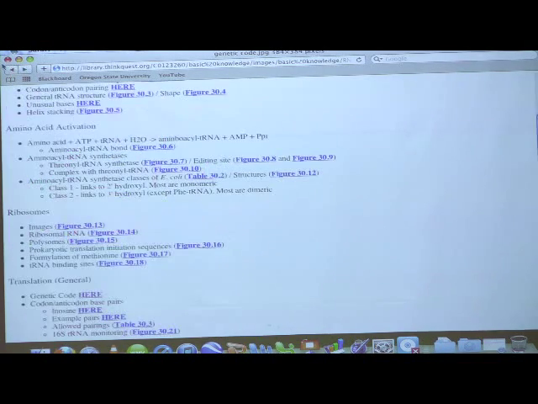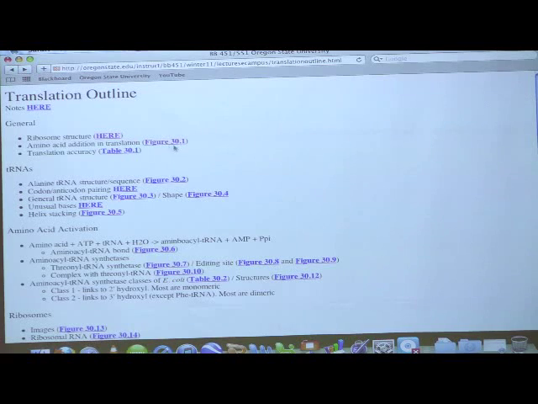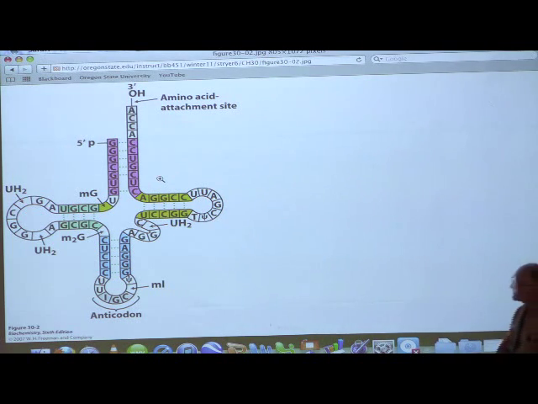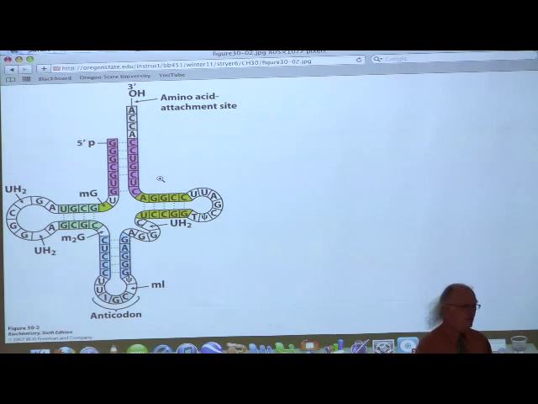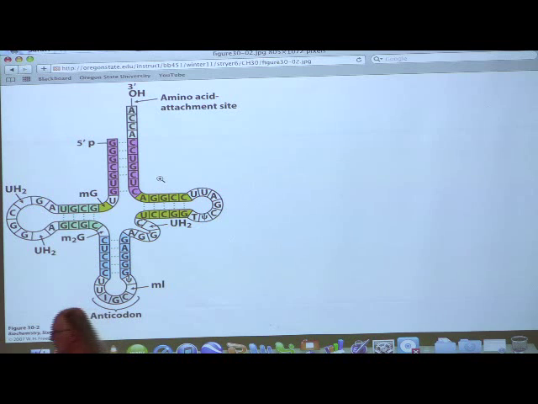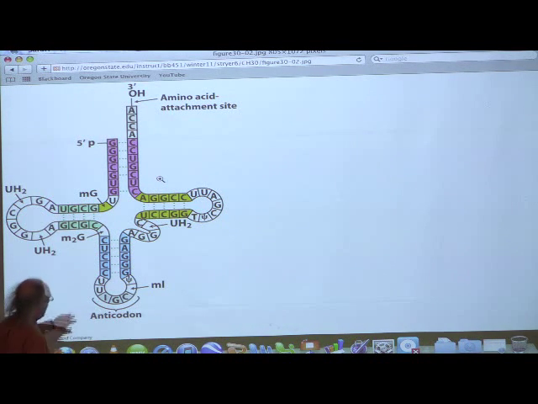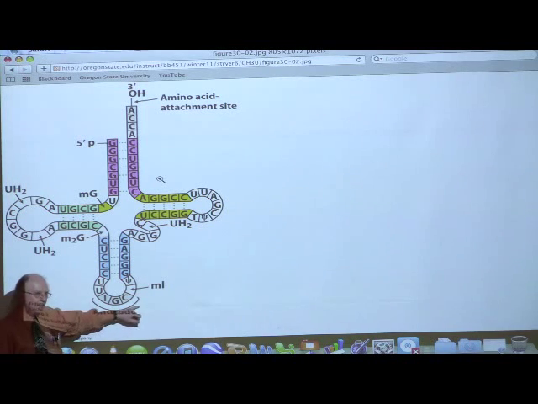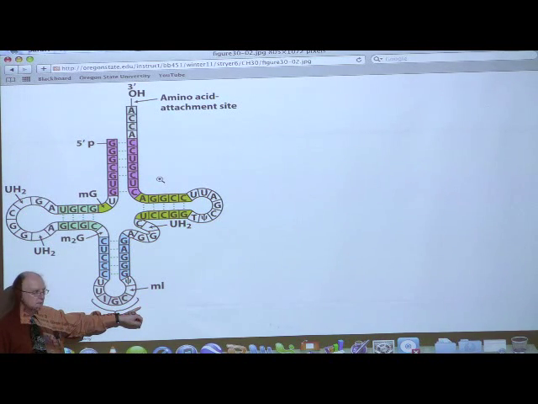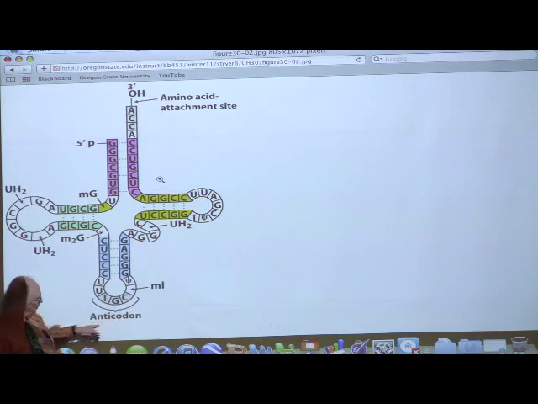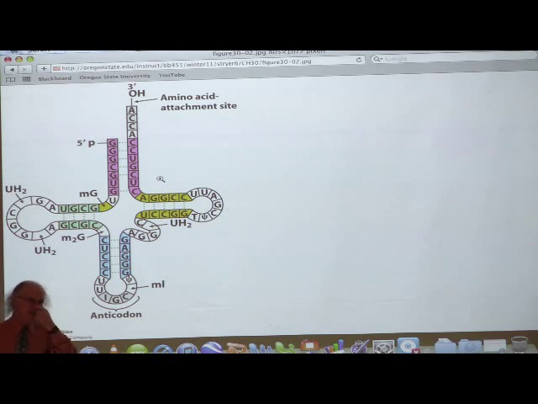Okay. Now, let's go back and look at tRNAs relative to that, and then we shall have a little music. You saw something like this the other day. I showed you a schematic of a transfer RNA. Transfer RNAs have a very, very important function. They carry, at one end, a sequence that is complementary to the codon in the messenger RNA. This is called the anticodon. Look at that I. Remember the inosine we talked about a while back? There's inosine. Inosine has a significance for the genetic code that I'll talk about later. I won't talk about that today.